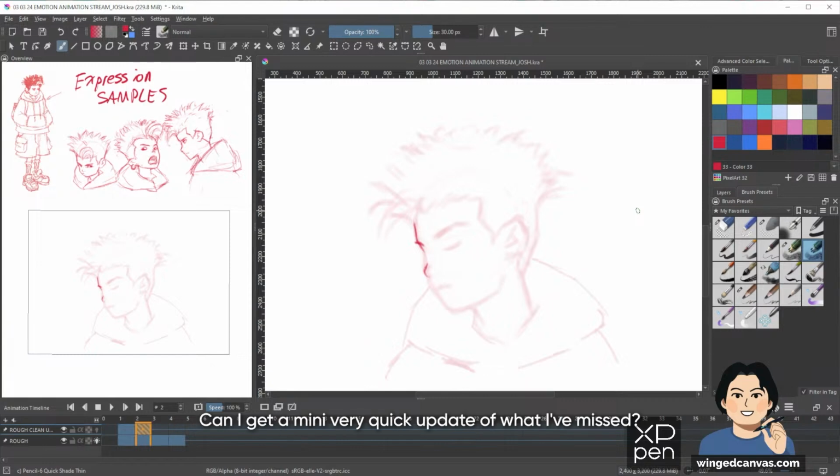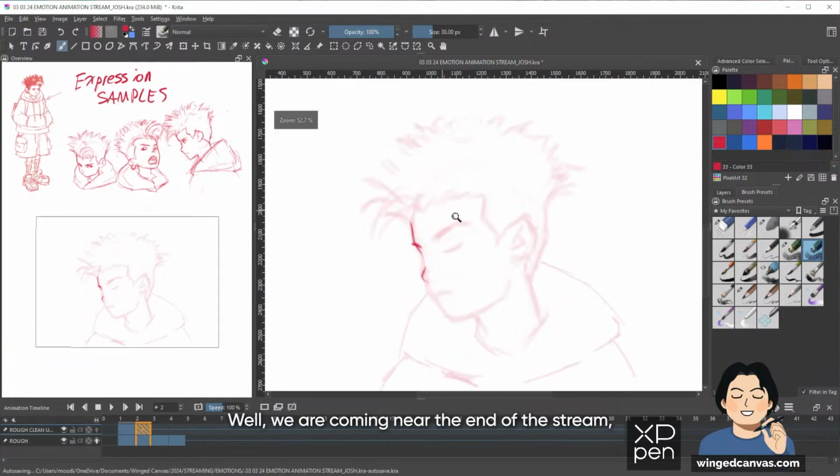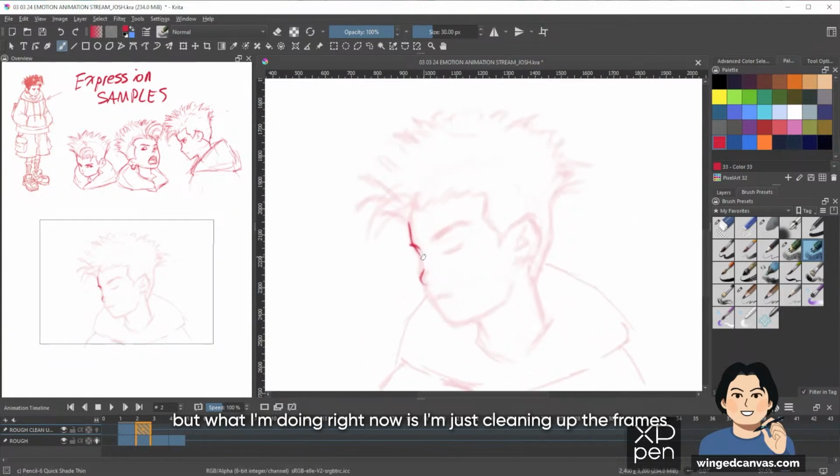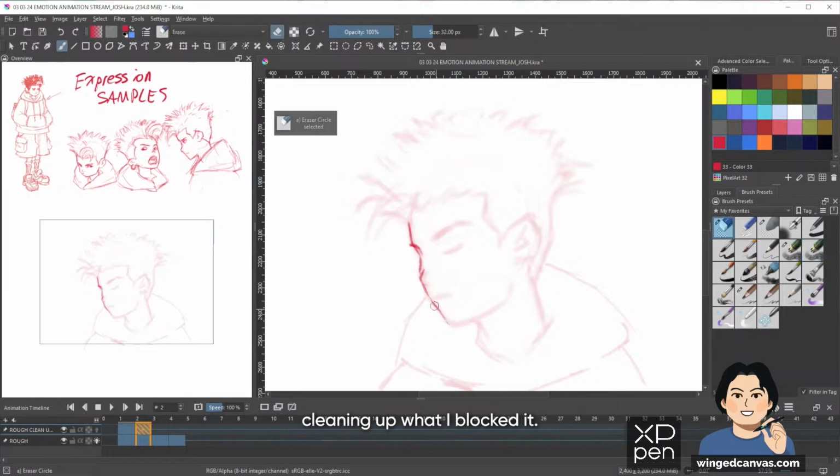Can I get a mini very quick update of what I've missed? Well, we are coming near the end of the stream, but what I'm doing right now is I'm just cleaning up the frames that I've drawn for this head turn, and I'm cleaning up what I blocked in. We don't have too much time, so I'm not going to go over it, but feel free to go through the stream afterwards and take a look at what we did.